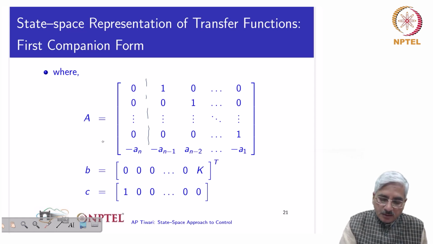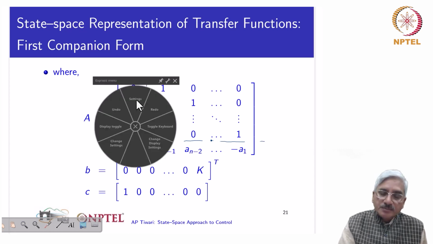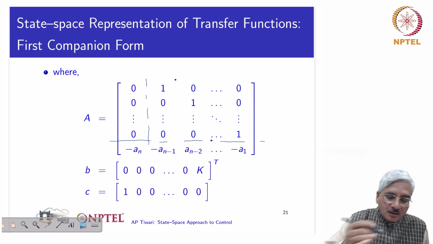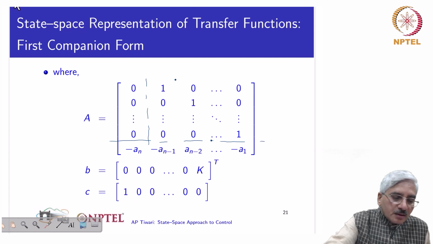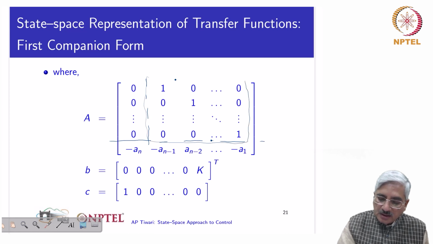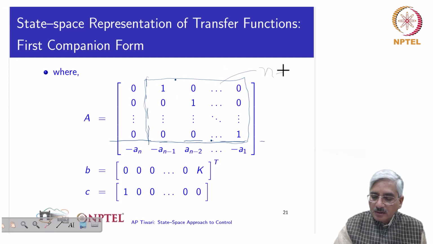If we look at it in this way, then we see that its first column contains 0 for elements 1, 2 up to n minus 1, and the remaining n minus 1 by n minus 1 matrix, which is here, is an identity matrix. This is an n minus 1 by n minus 1 identity matrix,